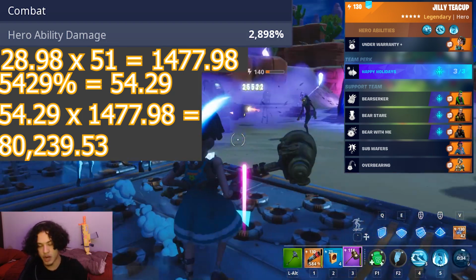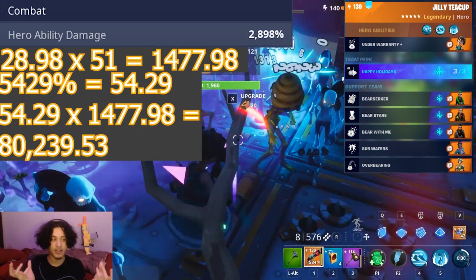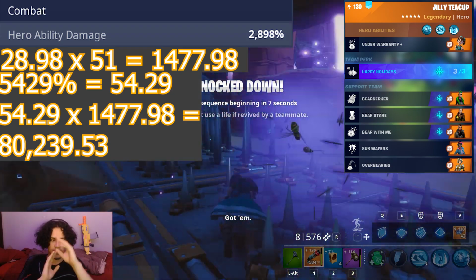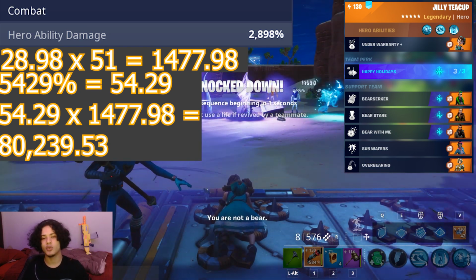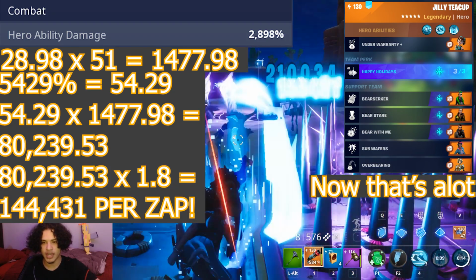But that's not how much it does, because we have buffs, we have overbearing, we have wafers, which work. So if we add 30% plus 50% together, and potentially 40%, well, the 40% one with the other one doesn't work. No, it's Berserker's the 30%. The overbearing, we're not going to calculate that because it's weird. So with that, we get an extra 1.8. So we times our 80k by 1.8, and we get